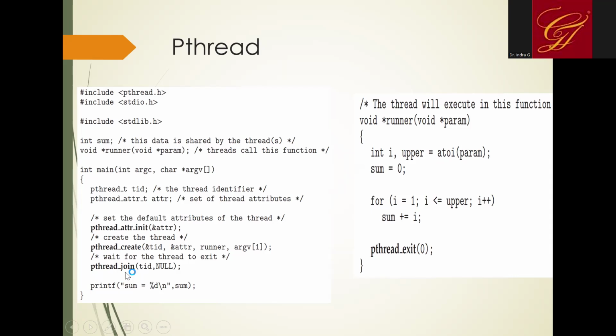Okay, so this join method will suspend this main method until this runner method is executed. Inside the runner method, as I told you, you are performing the sum of n numbers. So what is this